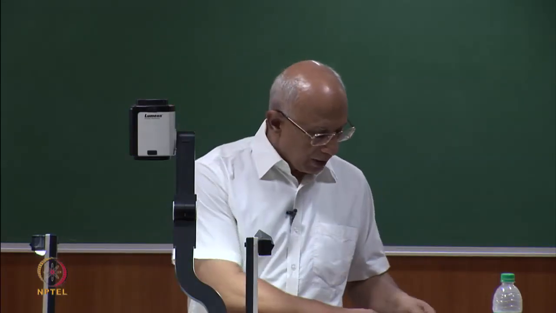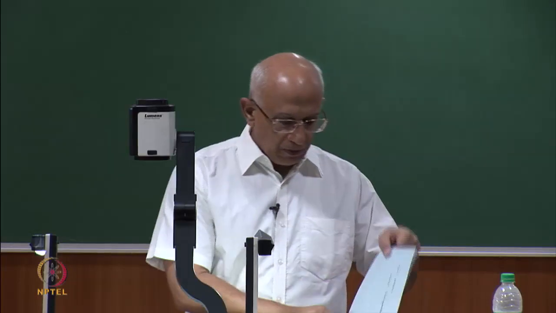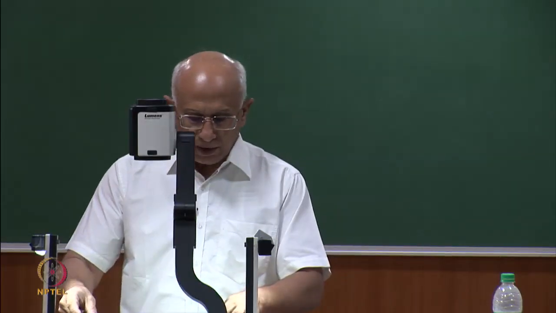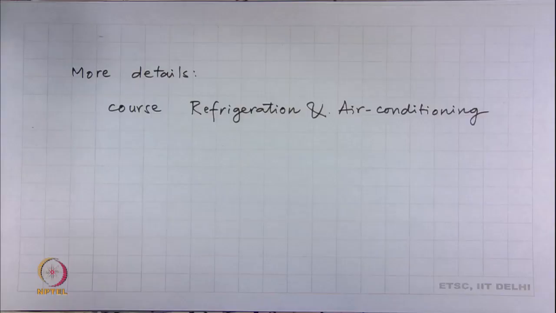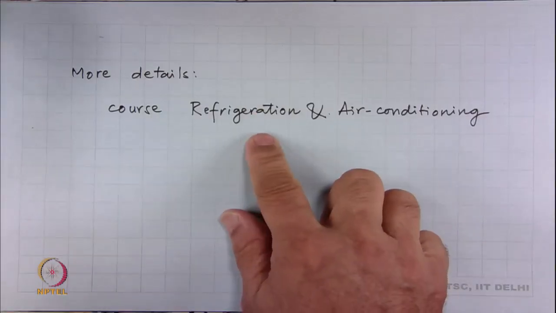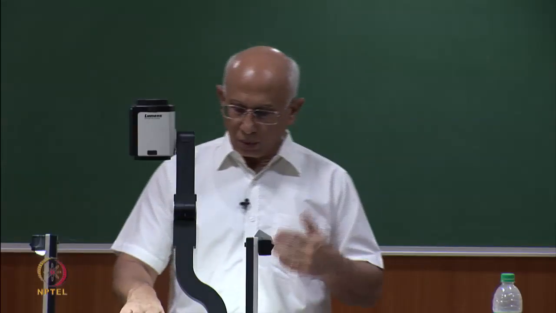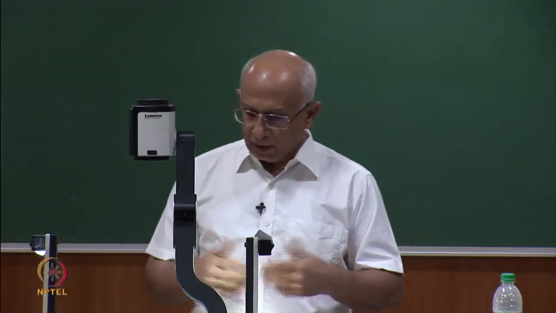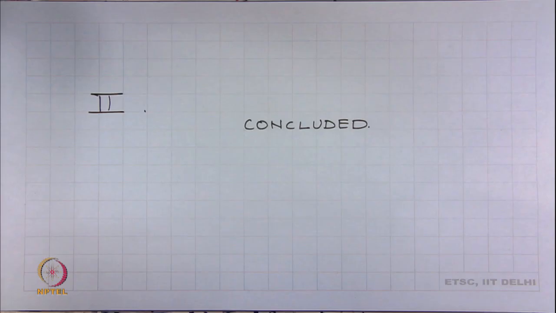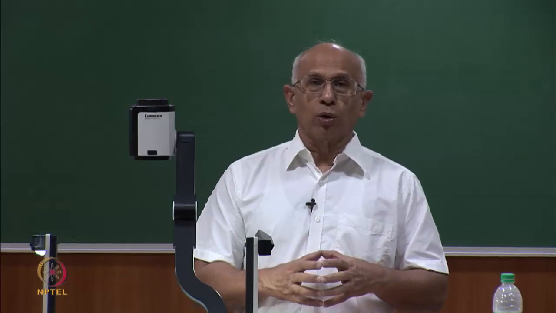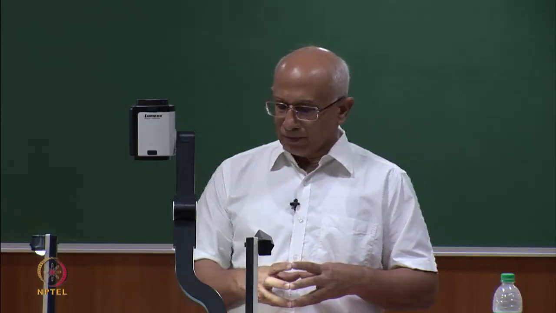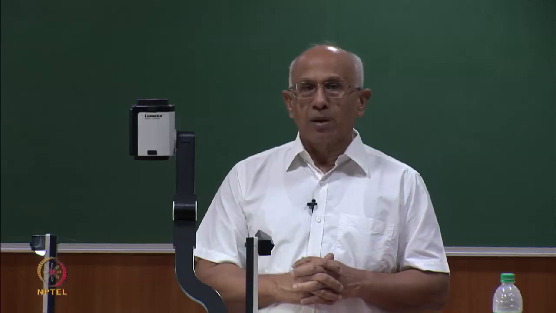So, we will conclude here with the saying that we have introduced various concepts of mixtures and psychrometry. More details we can learn in an advanced course on refrigeration and air conditioning, and what we have learnt here are the basics which will remain unchanged later on. With this we come to the conclusion of this lecture. We started off by looking at ideal gas mixtures, then gas vapor mixtures and psychrometry and its applications. So, this ends this second module of the second part of thermodynamics, and we will stop the lecture here. Thank you.